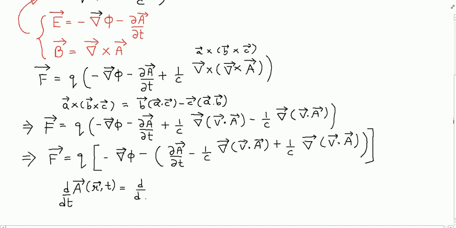So d by dt, I know that my a is a function of, so in 3D you have x, y, z and t. Now why I'm writing in this way, it will become clear. So the first term is nothing but partial derivative of a with respect to time, and then you are going to have del x divided by del t